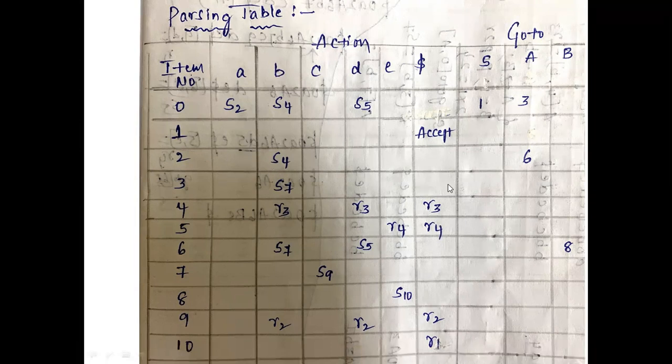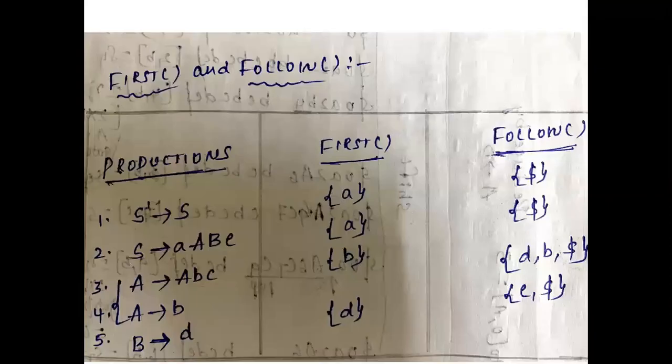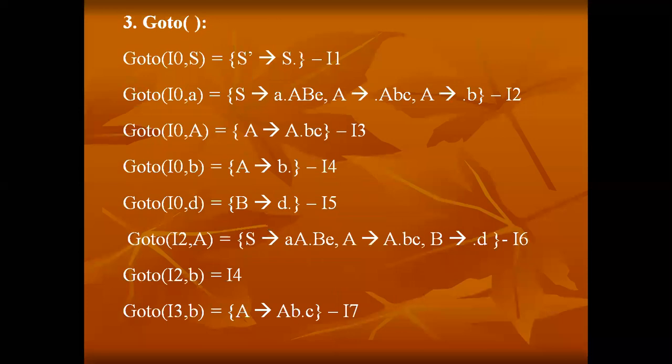How to fill these entries? First, initially we are filling the goto column. How many non-terminals do we have here? S, A, B. And how many items? 0 to 10. These items are from the computation that we did by applying the goto function. Now to fill the entries for the item and the non-terminals, we need to take the outputs from the computations of the goto function.